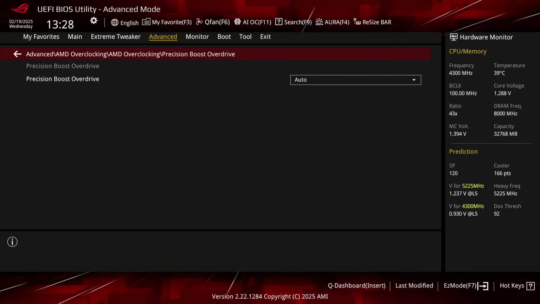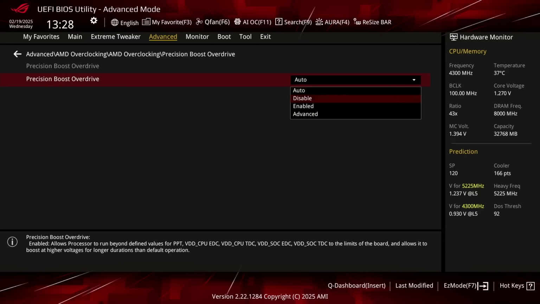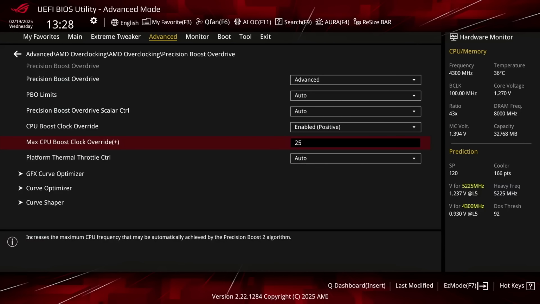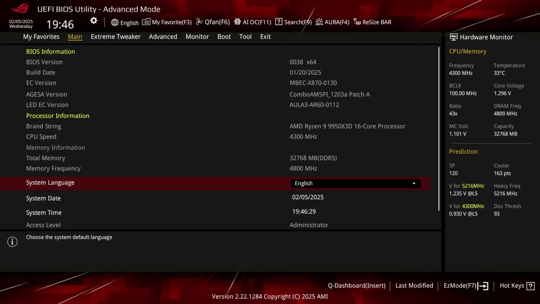Be aware, however, that curve optimizer impacts the entire curve, also the part that we extend with Fmax Boost Override. And sometimes that can result in instabilities because those really high frequencies also need high voltage. I found that for my CPU with the -25 and -20 curve optimizer settings, I couldn't increase the Fmax Boost Override beyond +50 MHz. Practically, that means the CPU would boost more aggressively in all core workloads, but would be limited to 5600 and 5800 MHz for CCD0 and CCD1 respectively. Upon entering the BIOS,